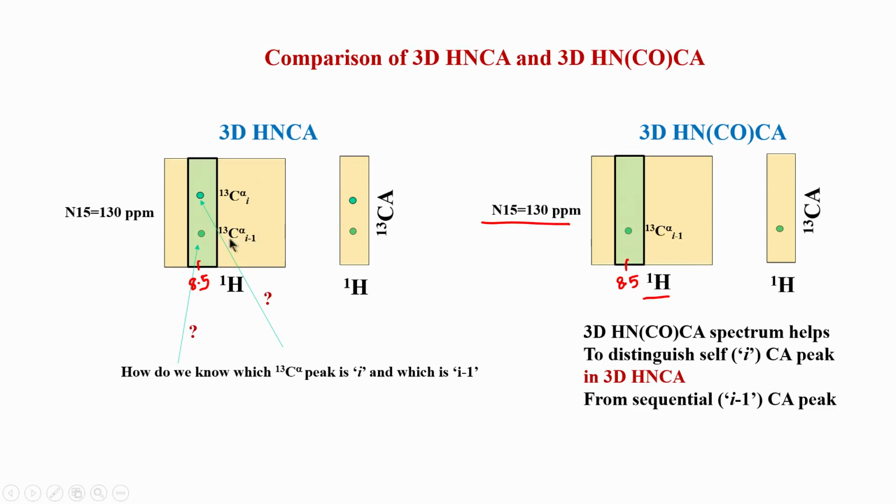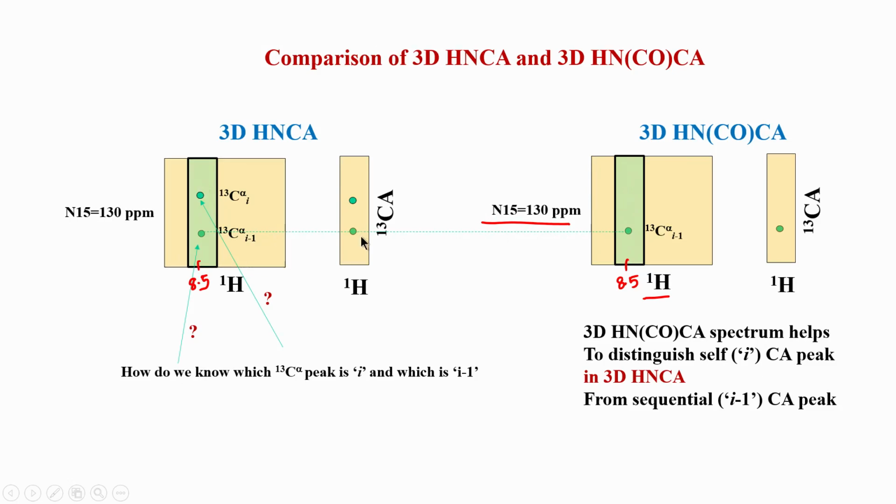Now if I compare this strip with this strip, I can match the two strips, and you see I can see the line here. This tells me that this corresponds to I minus 1, because this spectrum exclusively gives me only I minus 1, whereas this spectrum gives me both I and I minus 1. So, by comparing these two in a computer, I will be able to distinguish which is I minus 1 and which is I. In this case it turns out this peak is I minus 1, because for the same strip, the same combination of these two values, the same amino acid, I am getting this as I minus 1.